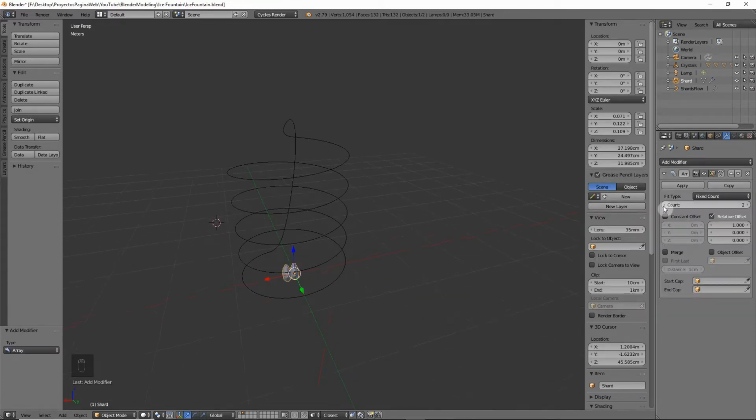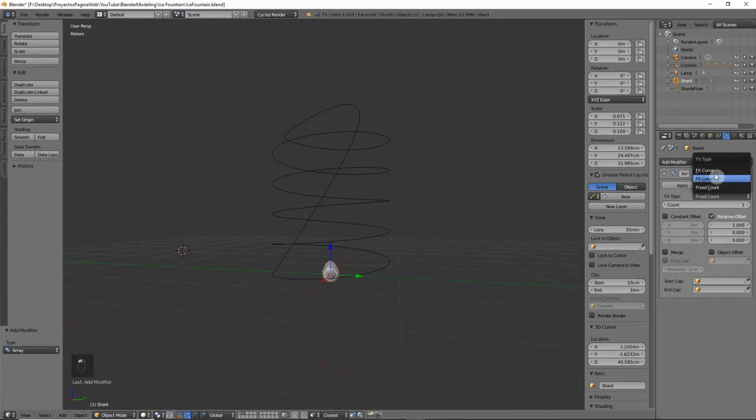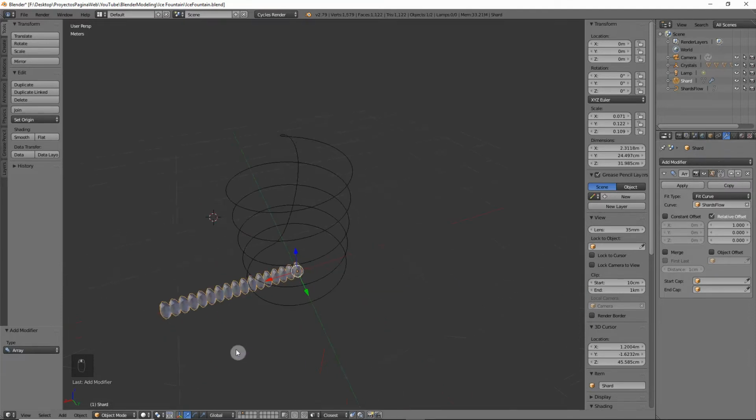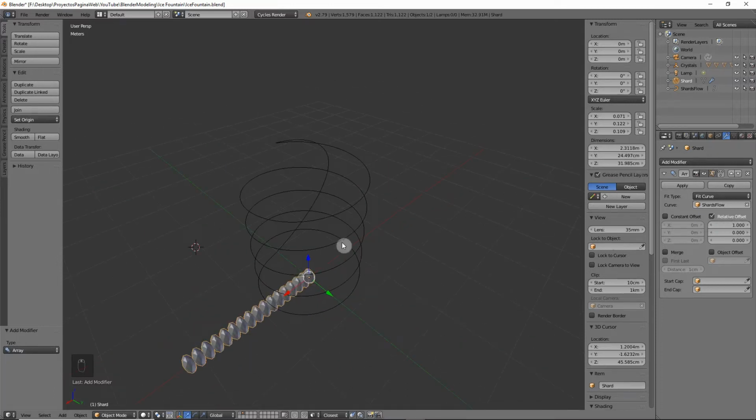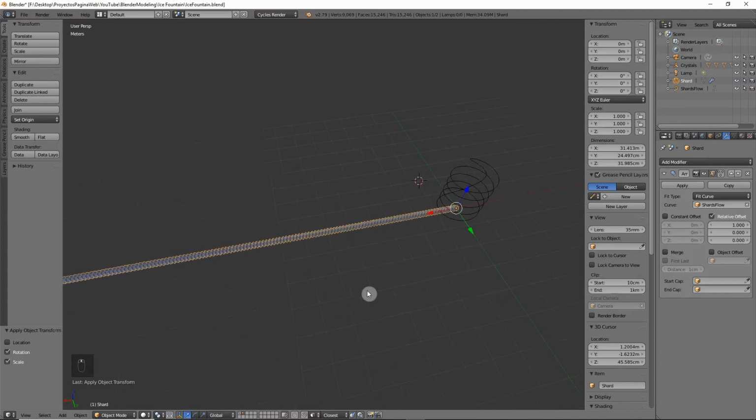Now it's set to 2, and actually what I want is it to fit to the curve, so something like that. Okay, as we can see, does it really fit the curve? So again, this is because of the scale, it's not correct, so we apply rotation and scale,